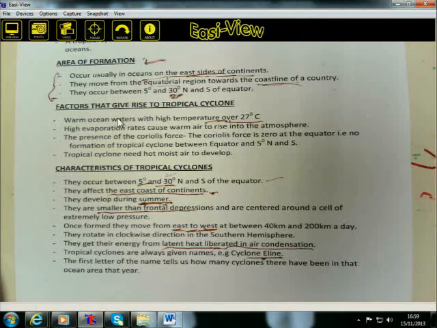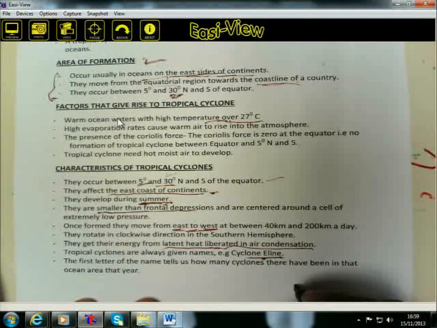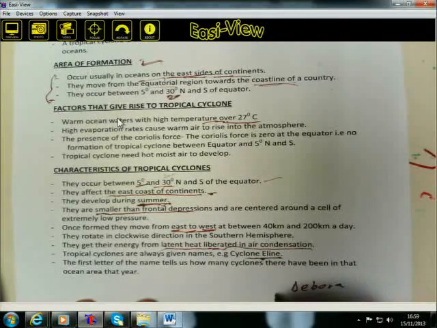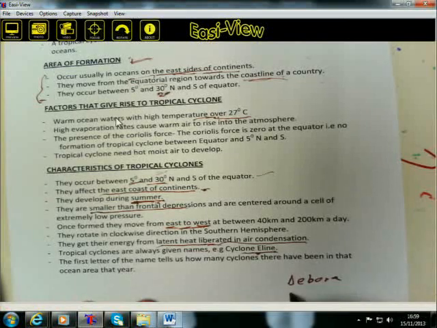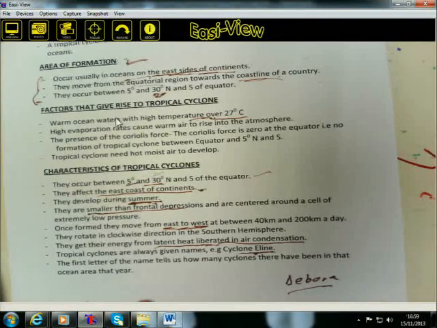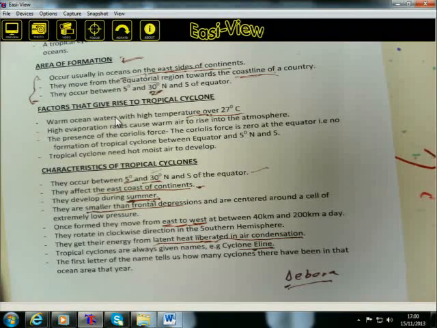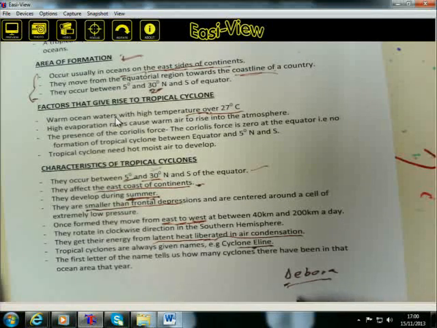All right, let us say we have Deborah, tropical cyclone Deborah. This is the name given to a tropical cyclone, Deborah. Now, look at the first letter. The first letter is D, which is the fourth letter of the alphabet. Then it means cyclone Deborah is the fourth tropical cyclone to take place in that area in that particular